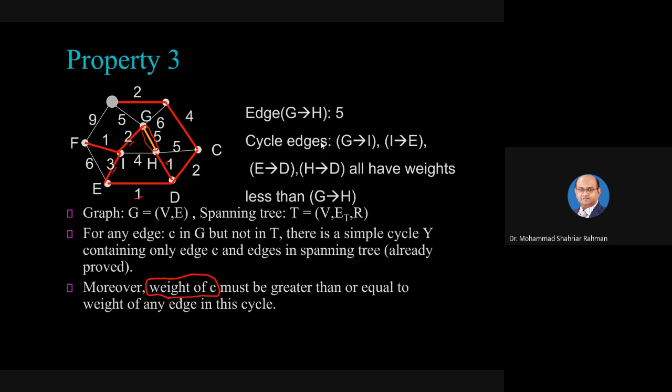For example, আমাদের এই GH এটা this is c. For this particular edge we get a cycle. ঠিক আছে? ইয়েস স্যার।